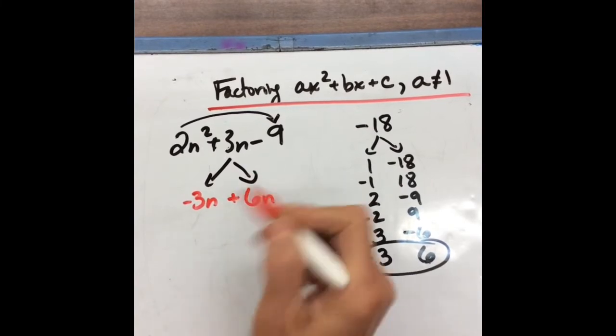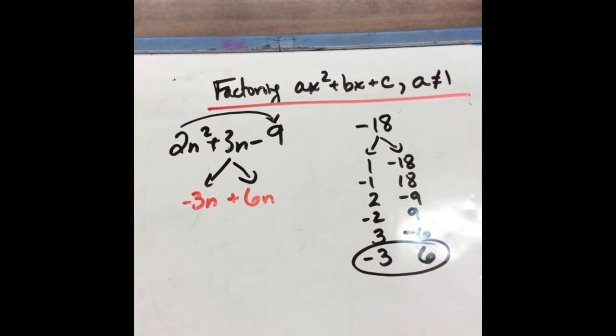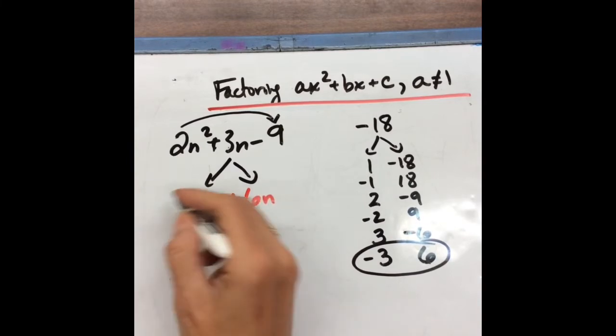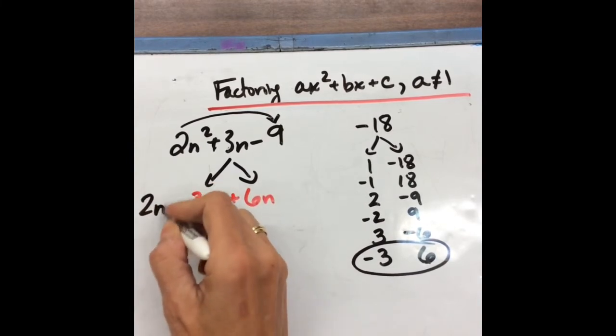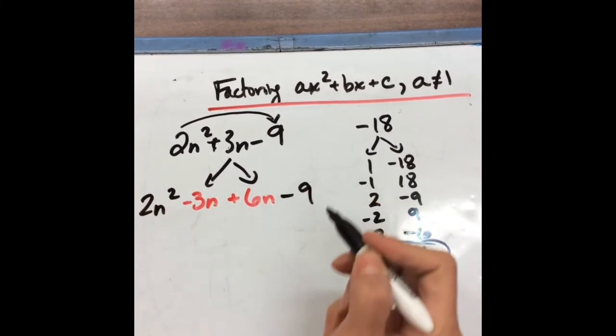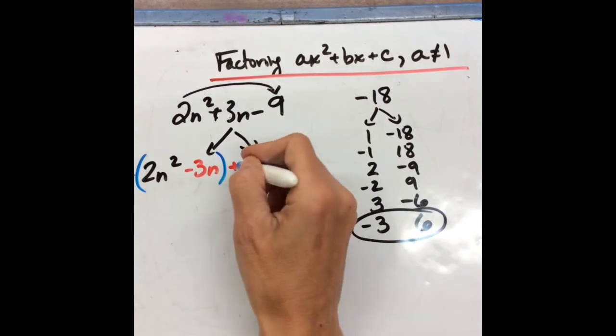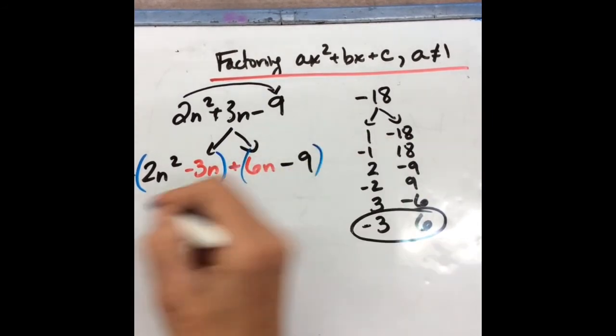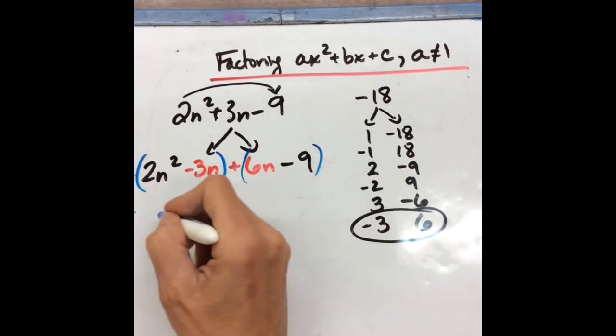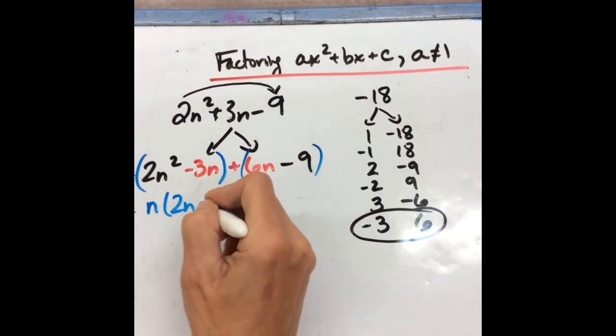plus 6n. And you can see that I haven't changed anything because the value is the same. And so now I've got 2n squared and minus 9. And then again, I'm going to make my groups. So let's group them. Plus, and then this. And so if I take out an n, I have 2n minus